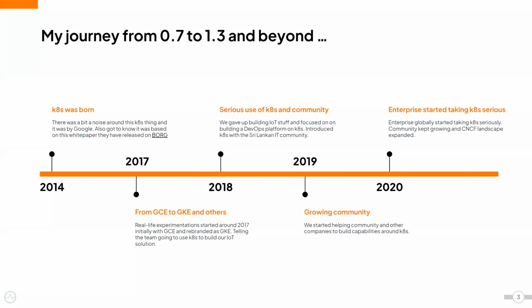We started looking at further developing the IT stuff, and we were searching for where we really wanted to go. We wanted to build some DevOps capabilities around Kubernetes, because Kubernetes was getting complex, even for the people. There were also many managed services, which I think, if I'm not mistaken, started around 2017 or 2018.